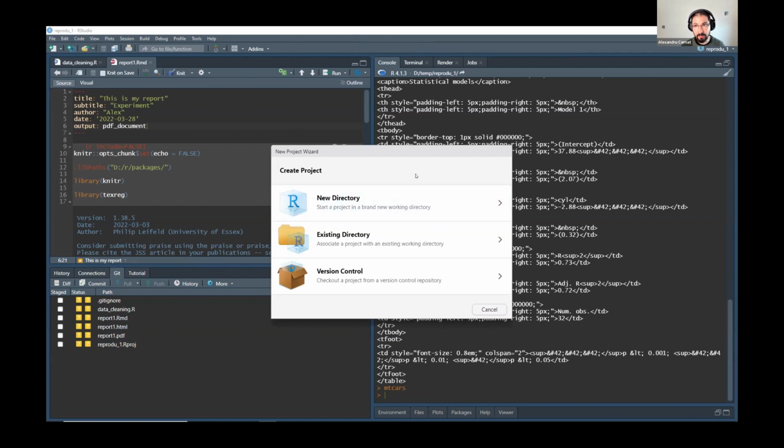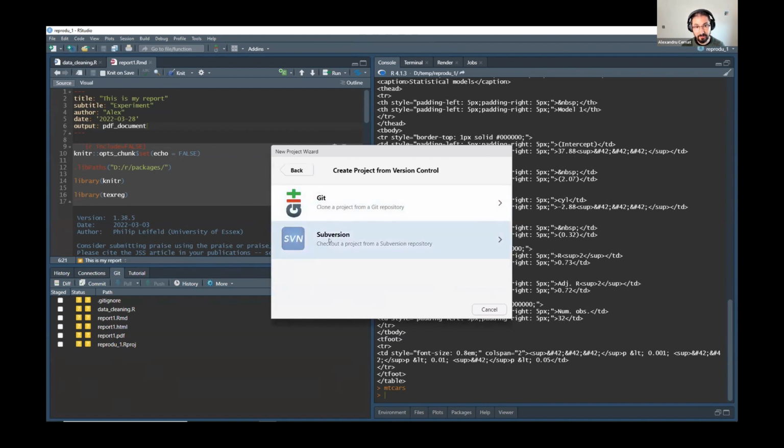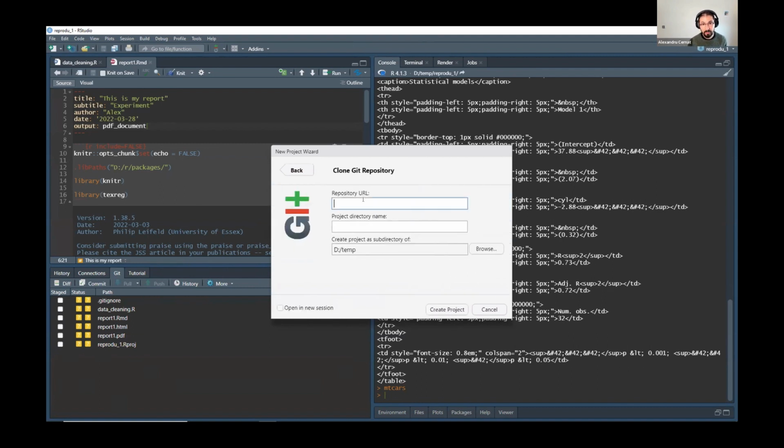So now in RStudio, I'm going to select version control and then select Git. SVN or Subversion is an alternative to Git, but I'm going to go with Git now. And then I'm going to just put the URL here. It will tell me the name of this folder will be reprod2, and this is where it will save it. And I press create